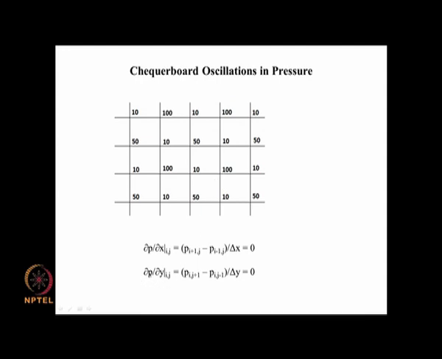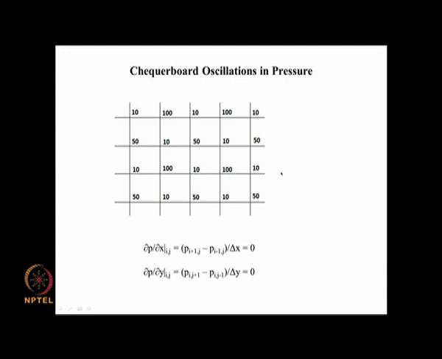And similarly, if you are looking at ∂p/∂y at (i,j), again you have p at (i,j+1) minus p at (i,j-1) divided by 2Δy, and that again is 0 because it becomes 50 minus 50 divided by 2Δy. So even though we see a change in pressure here, as far as the momentum equations are concerned, the pressure gradient is 0. So a pressure field which is varying strongly with the grid at the smallest level,